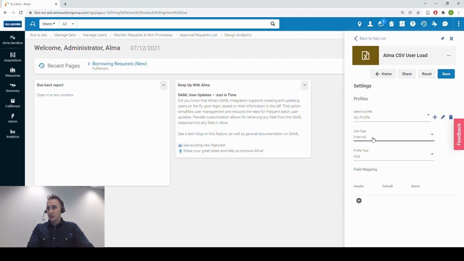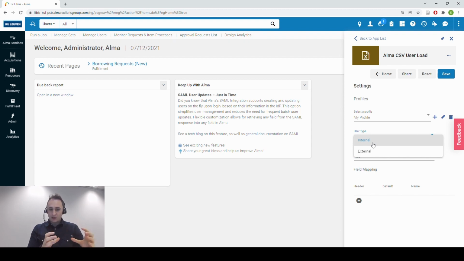So there are two user types in Alma, the internal and external ones. And what is the difference between those two? So for the internal users, their details, let's just say their credentials, their password, they are managed within Alma. They are created manually and they are updated within Alma. And for the external users, their details, let's just say the same example, their credentials, their password, they are stored and managed outside of the library scope, in an external system, and this can be a student information system or your SAP system. But let's just keep it simple.